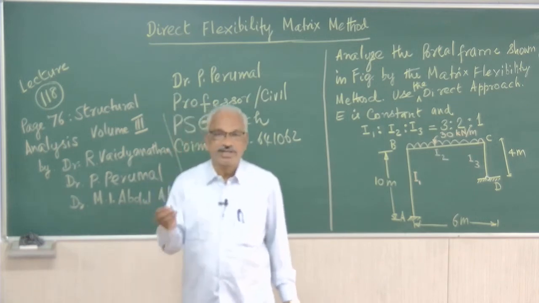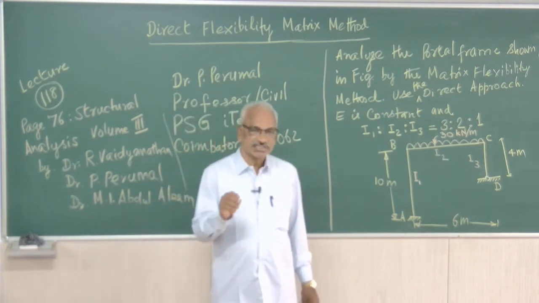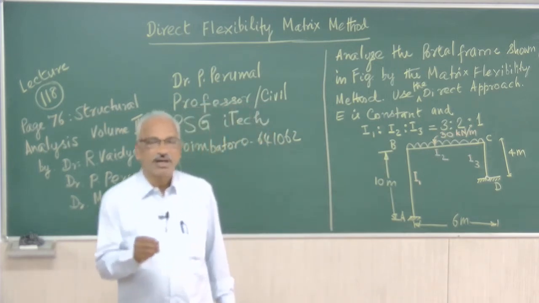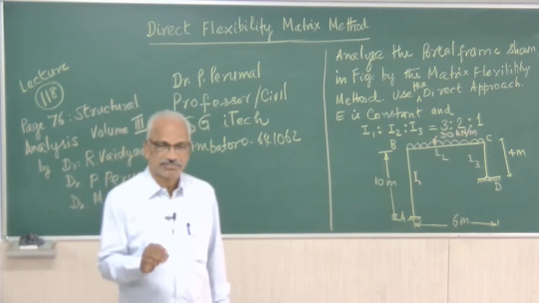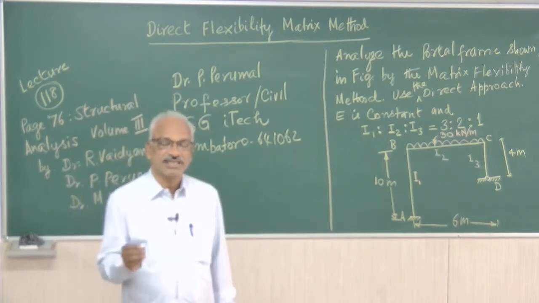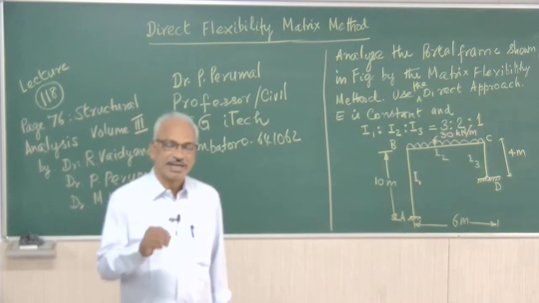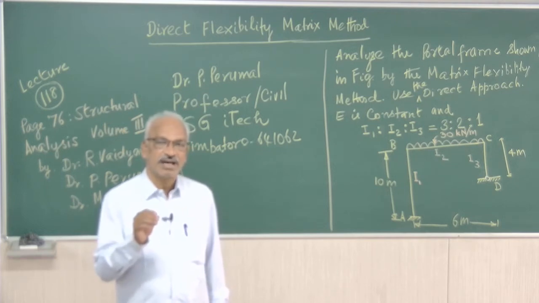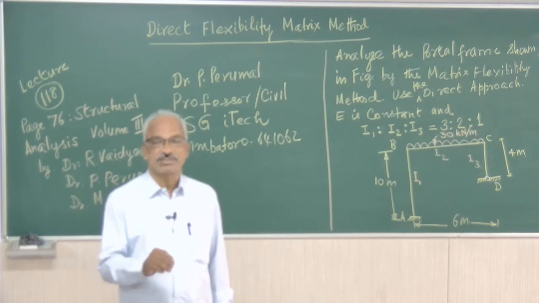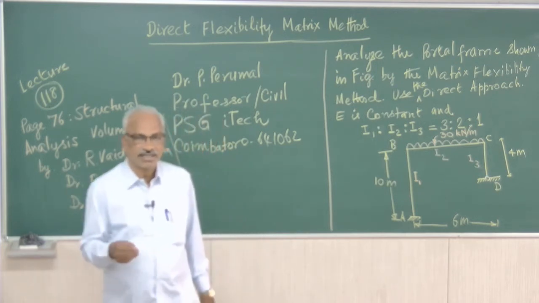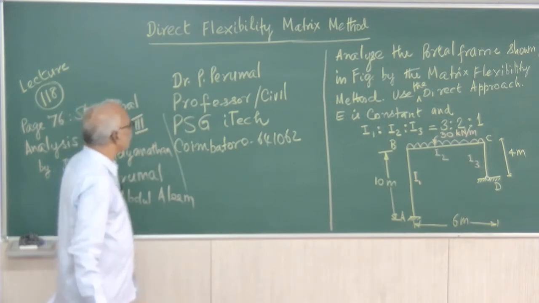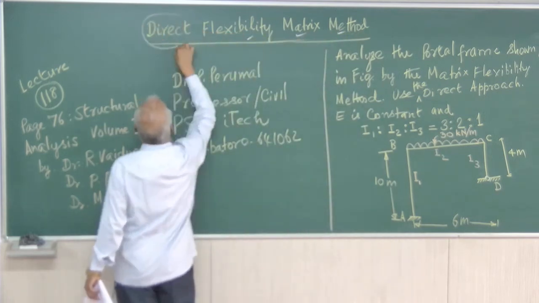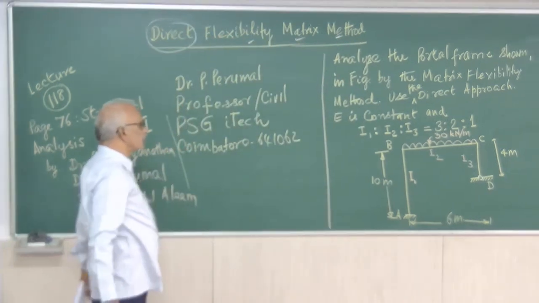So already in lectures number 1 to 20, what we discussed is matrix methods by element approach or transformation matrix approach. What we are currently discussing is again matrix methods, namely matrix flexibility and matrix stiffness methods, but this is under the direct approach or system approach. As per the current syllabus, we are discussing only the matrix flexibility method, but the approach is the direct approach. So that I have to strengthen.